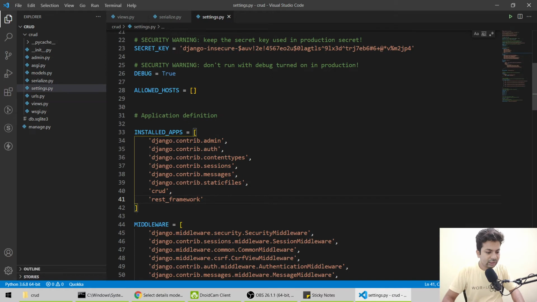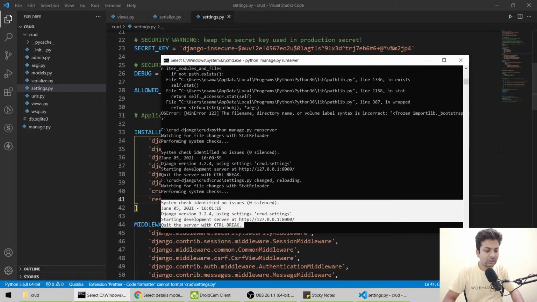Okay, guys, in the settings I wrote the rest framework name wrongly, so that was the error. Apart from that, everything is running fine. Let me save this and check, and everything is running fine.